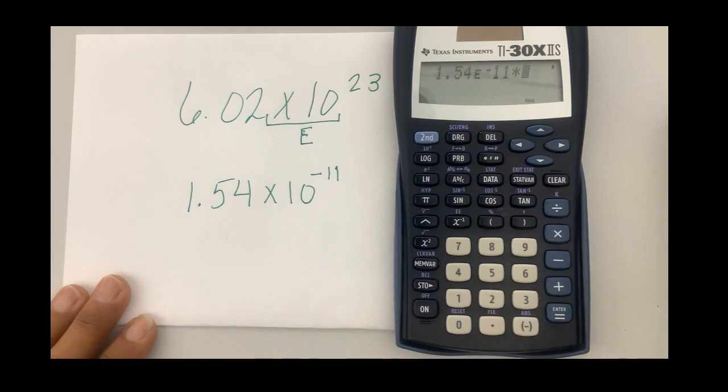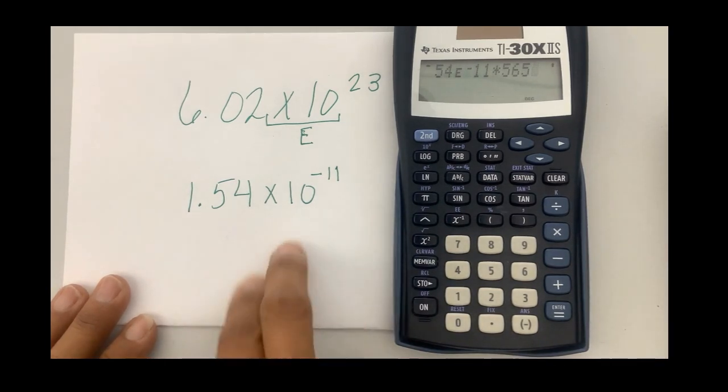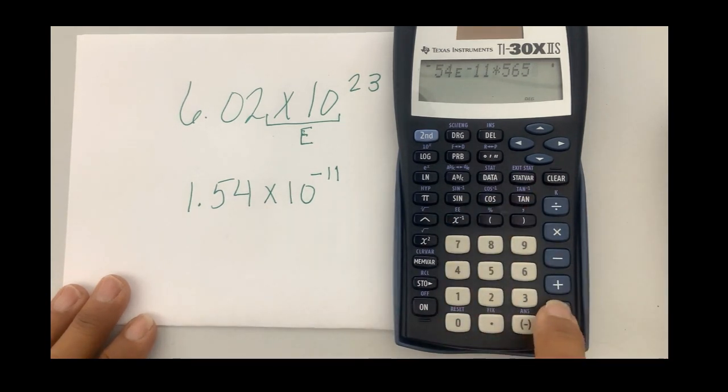So let's say I want to multiply this number by 565. I just made up a number, okay? I could just multiply that number. You're just inputting a number like 565. You're not doing a calculation when you put in scientific notation, okay? So then I would hit enter here once I was ready to get my calculation, and I would get this